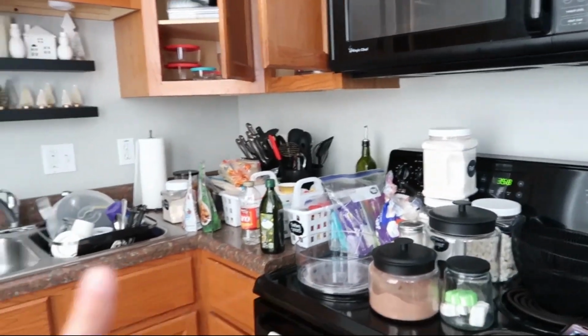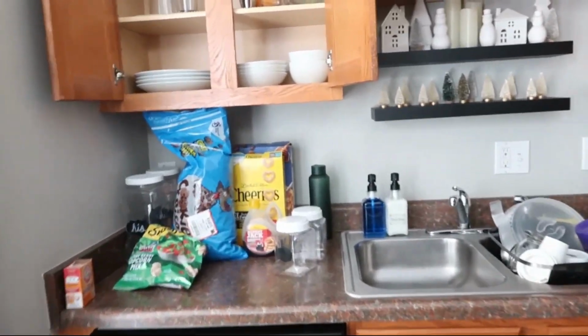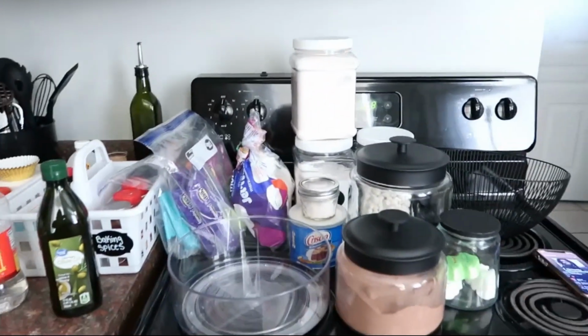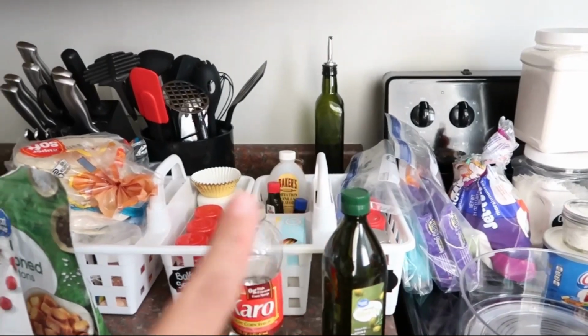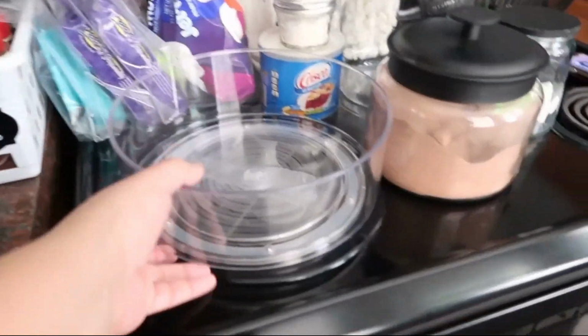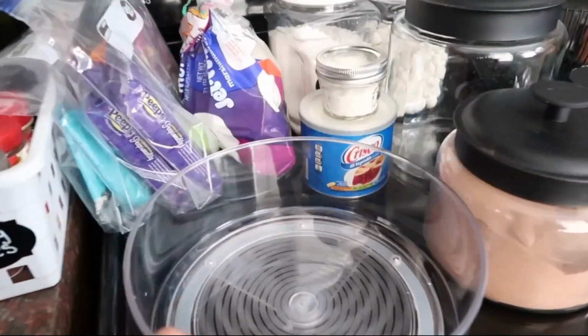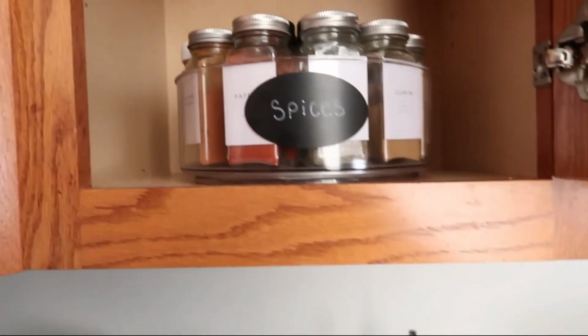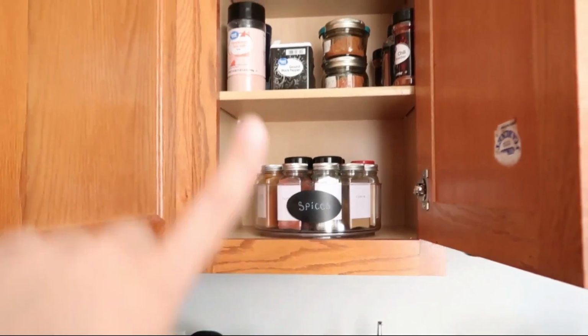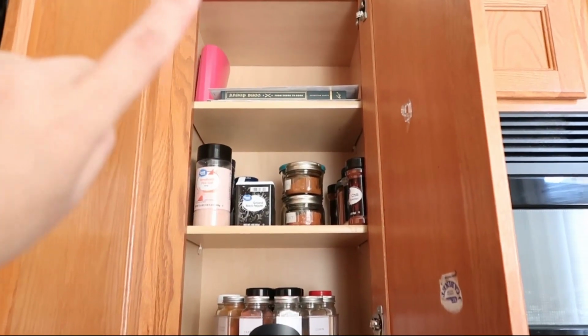Okay, now let's move over into this area. I'm so close. So my goal is to fit all of this baking, all of these little baking essentials into this Lazy Susan, which I got off of Amazon. It's just like the one I have in here with my spices. And so I'm gonna add one above with my baking